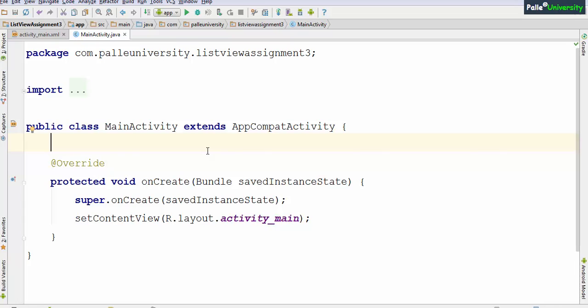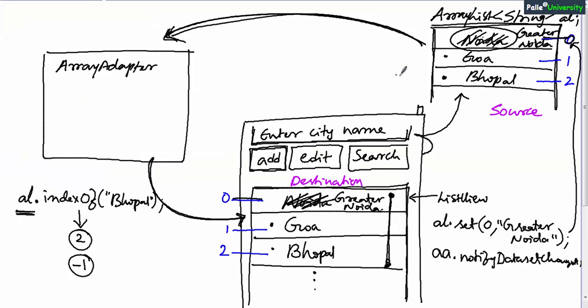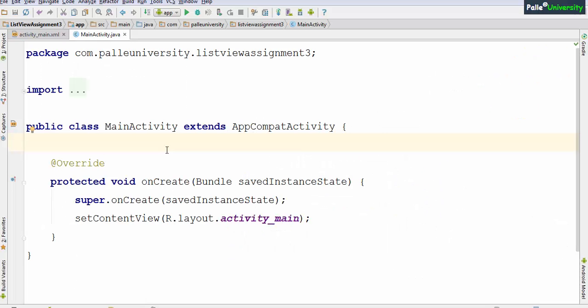First let me finish off preliminary steps. That is declaring all variables. Step 2, initializing all variables. Step 3, establish links between array list to adapter and adapter to destination. That is these links. And finally step 4, keep all button click listeners ready. And finally within the button click listener, we will write the logic. Now let me follow those steps. Now observe carefully how I am typing the code.